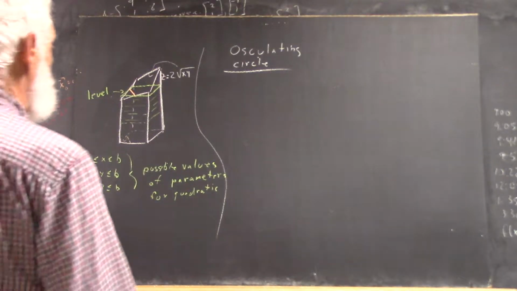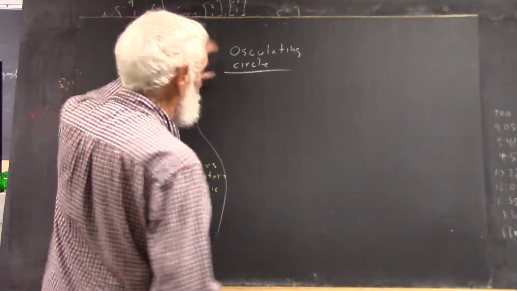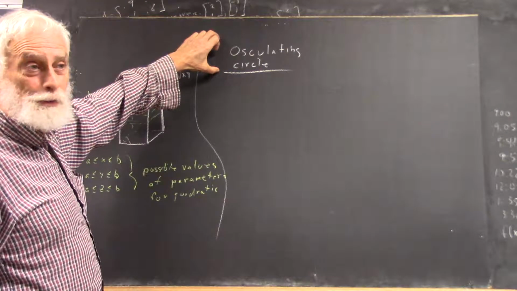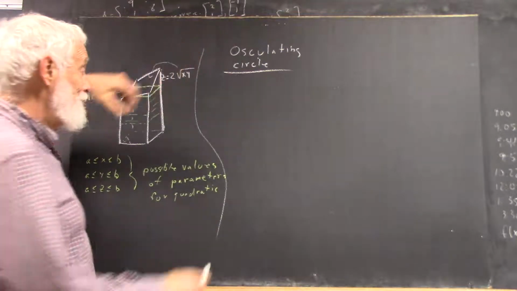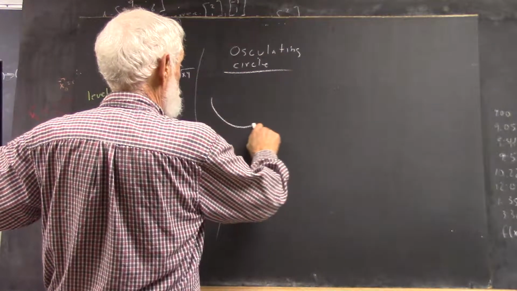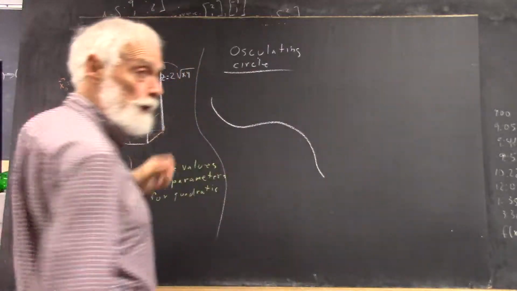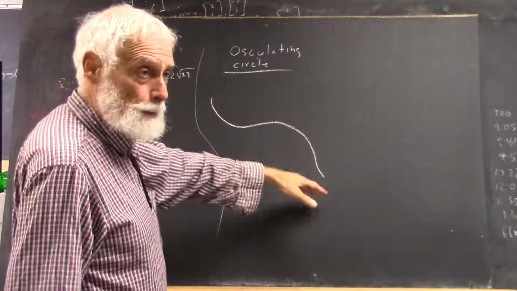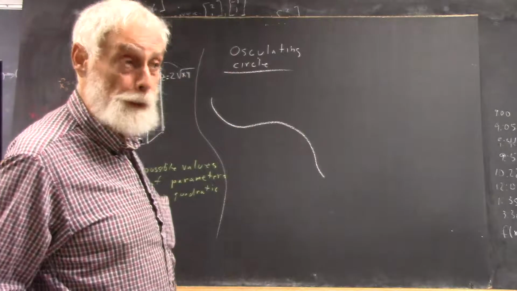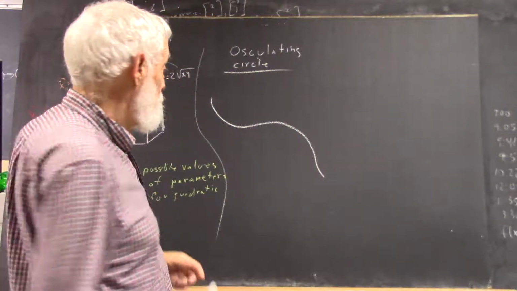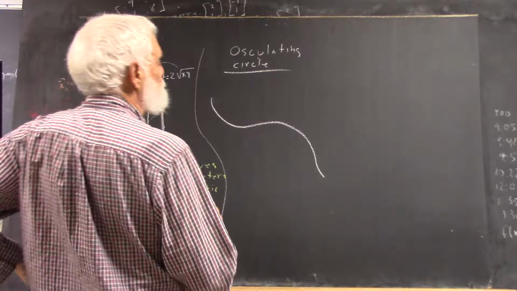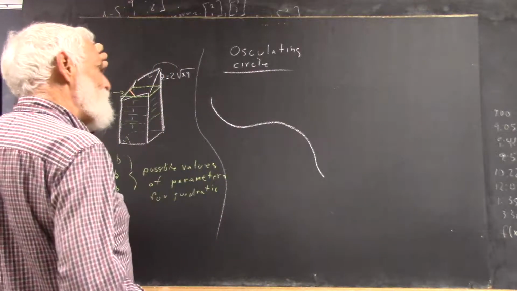If you've got a curve, what's an osculating circle? Now I was going to start with something else, but since you asked, that's where we're going to start. Okay, you got a curve here. And this curve is drawn in a plane, but it could represent a curve in space. And the osculating circle, well,